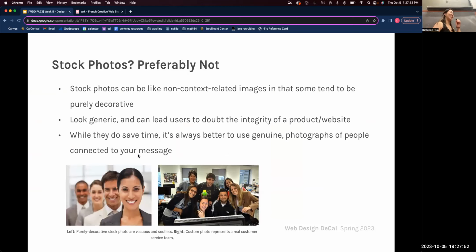Stock photos, sometimes they're really funny. But most of the time you don't want to be using stock photos because they're so recognizable as stock photos. And I feel like it degrades the quality of your website, because it's like, oh, they're just taking photos off of Google and choosing the first option that shows up, you know? So while they do save you a lot of time in finding photos,